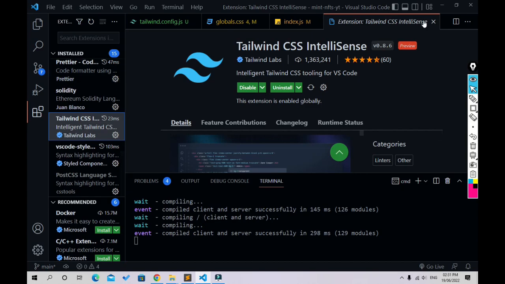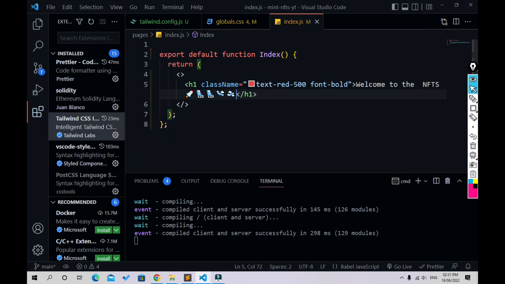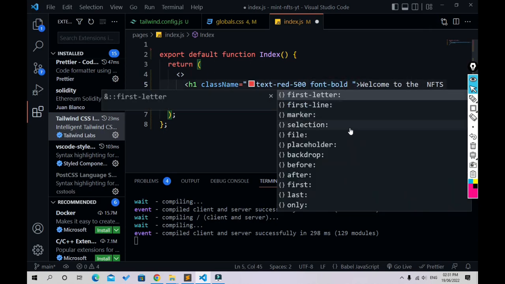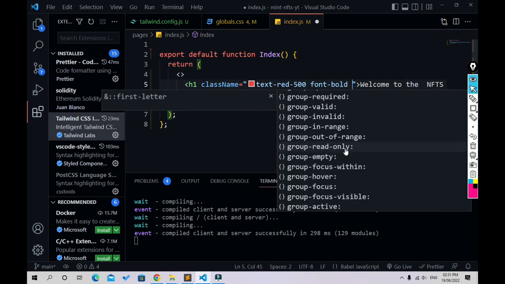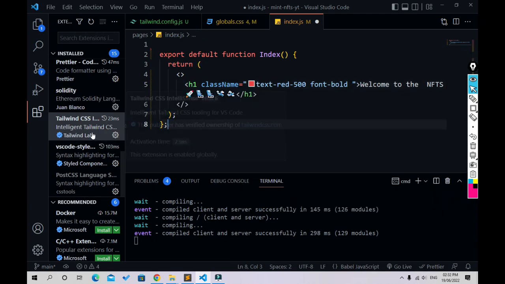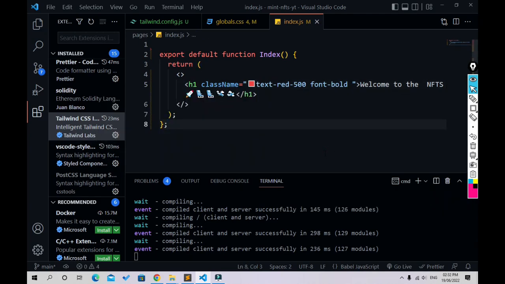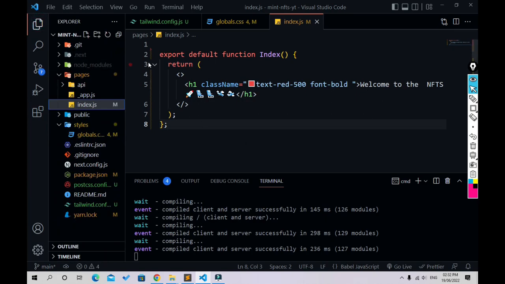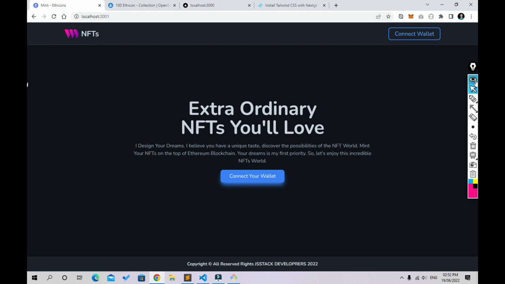Okay, why am I using Tailwind CSS IntelliSense? I hit space, and the suggestions of Tailwind CSS are coming. That's due to this extension. That's great. Okay, cool. Now we are starting our actual project which we already developed, and in there we have